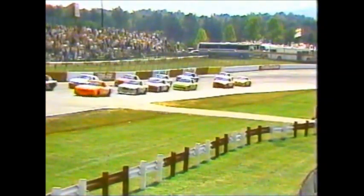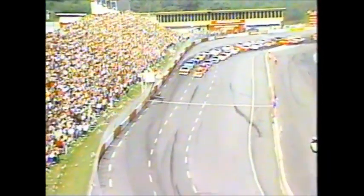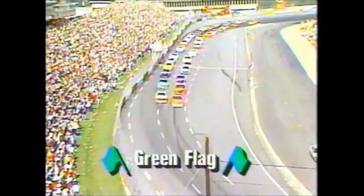Safety car leads the field down the back straightaway. Bill Elliott trying to get his second short track win of the year and set a record for Ford. Ford has never won 3 short track events in the modern era of NASCAR and Winston Cup racing dating back to 1971. The last person to win from the pole here was Darrell Waltrip back in 1984, driving the Junior Johnson Chevrolet. Ready for the green flag as Harold Kinder holds them down at turn 4, and Elliott will lead the charge. Elliott and Politi in the turn